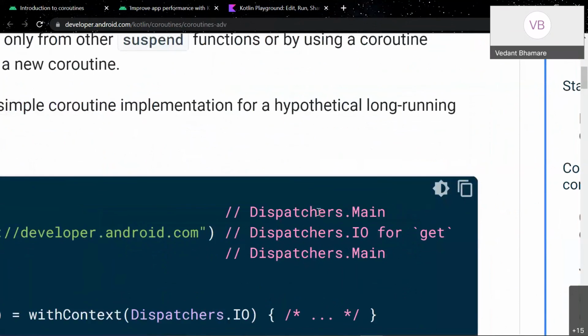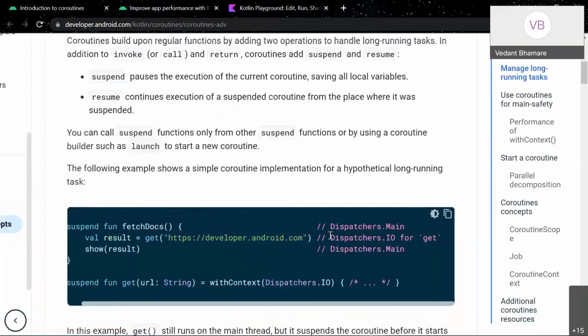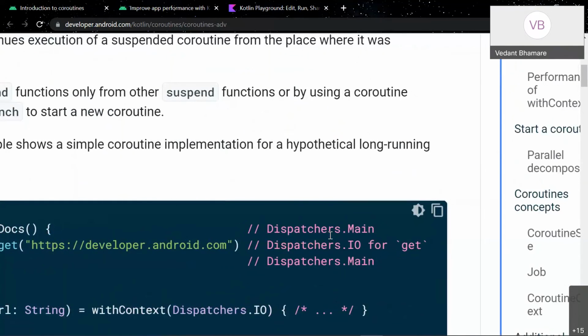Dispatchers, as I told, let you select the thread. If you want to run something specifically on a thread, say you got the data from the API and now you want to display it to the user. As I said, the UI thread is managed by the main thread, and usually they are the same.